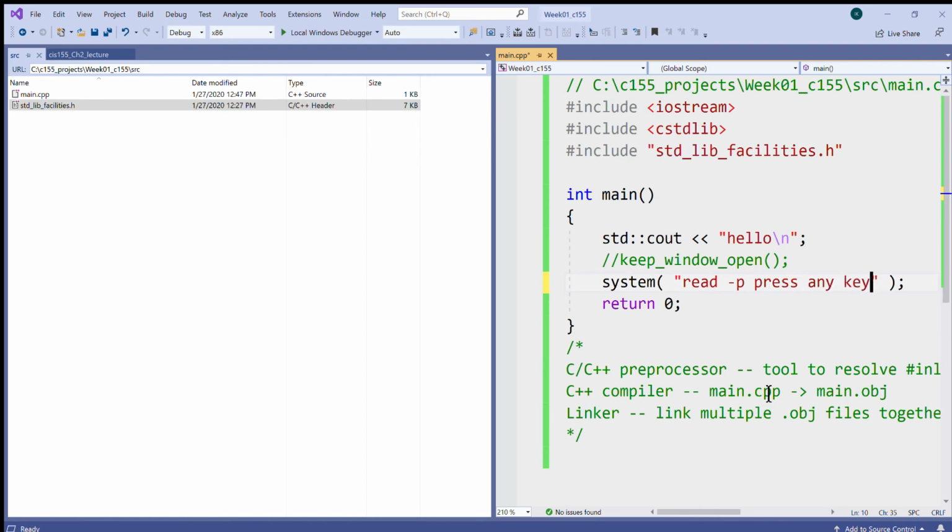So this would be in a Linux environment or Unix environment in general. You would use the read command and you can specify what it should prompt, and this is what it would prompt. But in our case it's just the pause that we want to use